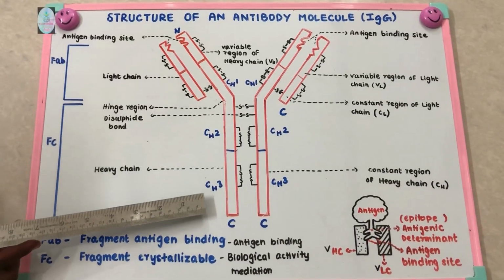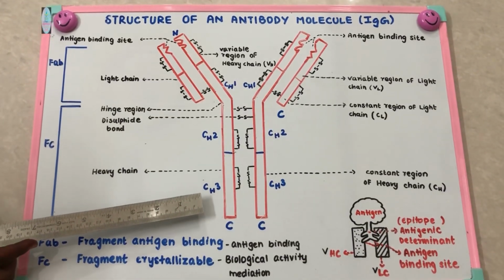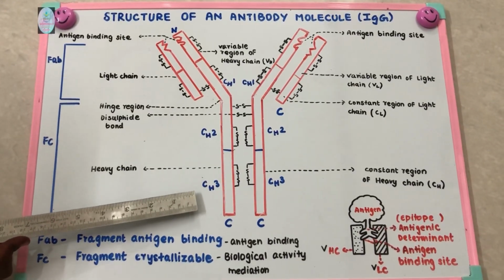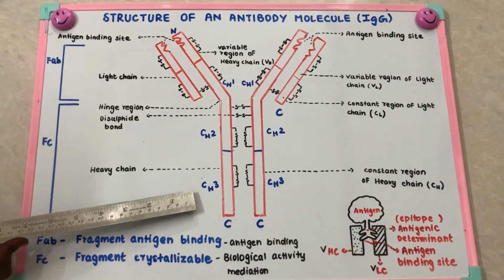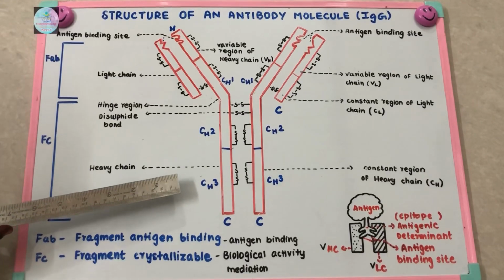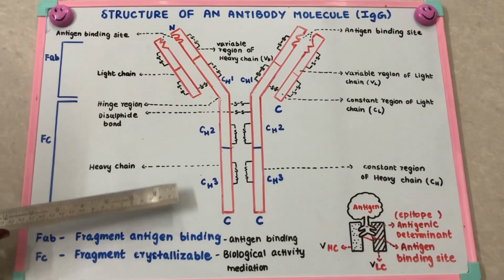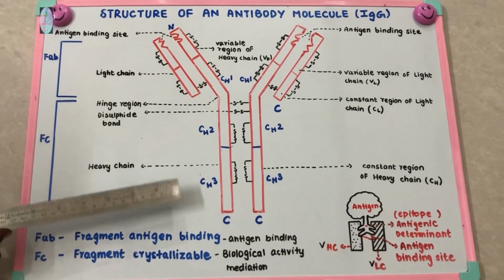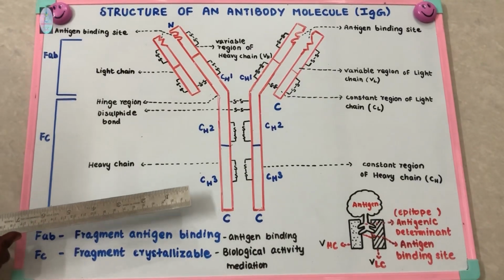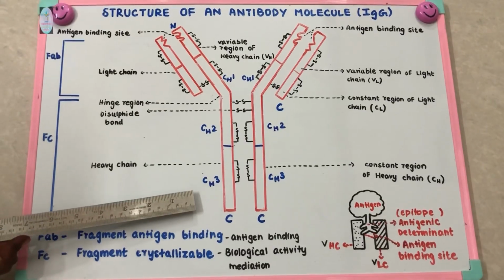So isotype is a type of heavy chain which is possessed by an immunoglobulin. For example, if you take immunoglobulin gamma, the gamma is the isotype of immunoglobulin G. And if you take immunoglobulin M, mu is the isotype of it. In the same way, in IgE it is epsilon. For each and every class, that is the 5 types of antibodies, based on these isotypes on the heavy chain, the types of antibodies are differentiated.